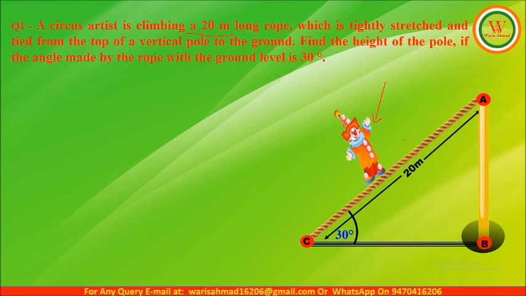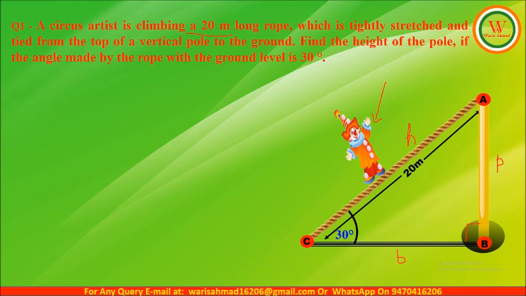Now, after drawing the figure, we have to find out the solution of this question. As given in the question, at point C, there is an angle of 30 degree. So, theta is at point C. So, the side opposite to theta, AB, will be taken as perpendicular. Since the pole is making an angle of 90 degree with the ground, this angle is equal to 90 degree. So the side opposite to 90 degree, AC, will be taken as hypotenuse, while this BC will be taken as base.